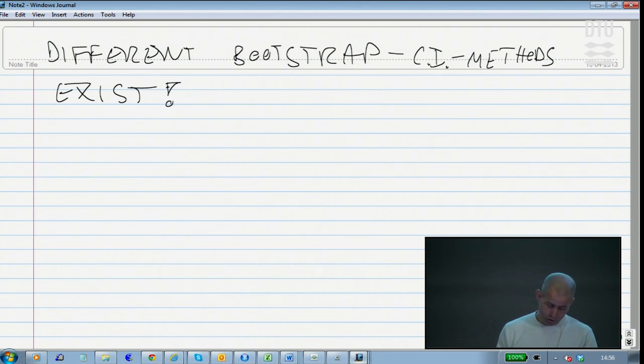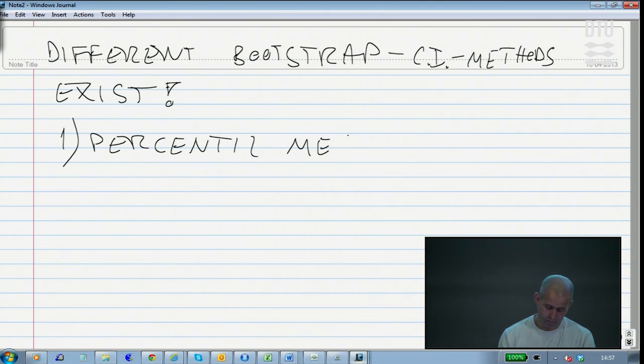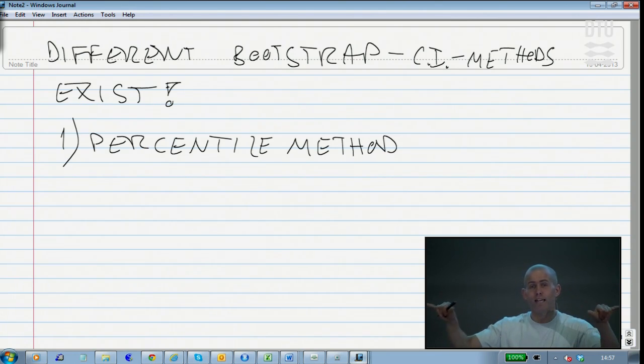And so what I taught you in this course as the basic bootstrap method, that is what is known as the percentile method, where you simply take the observed bootstrap distribution and take the quantiles in the ends and use that to produce, say, confidence intervals and maybe sometimes also hypothesis tests. That's the basic method. There is another method. Actually, there are quite a few, but here are some of the main ones.